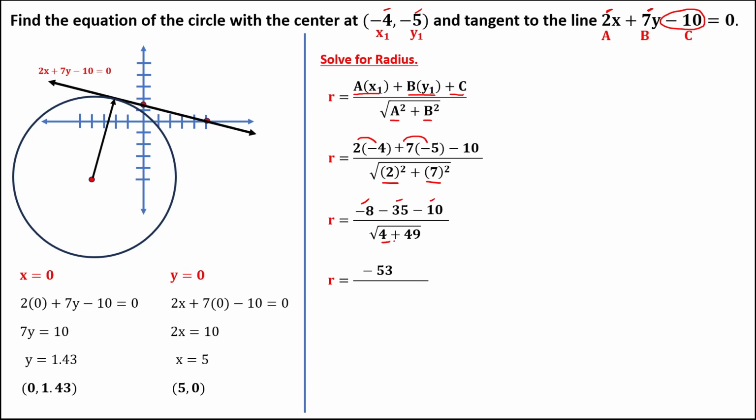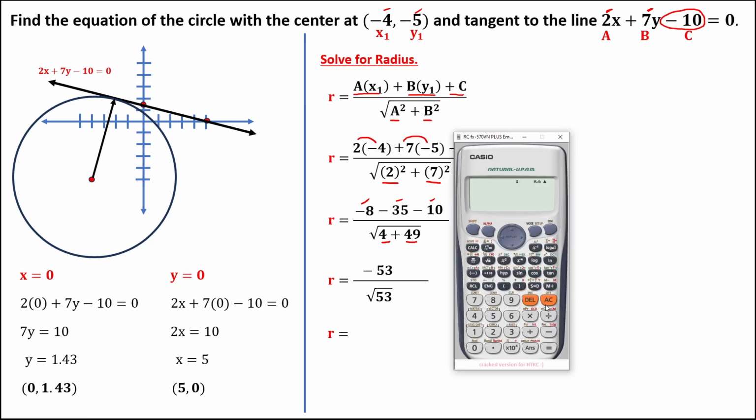Then 4 plus 49 is 53, so over the square root of 53. Then to find out the radius, take note that radius is always positive, so we need to ignore the negative. So we have 53 divided by the square root of 53, so the radius is equal to